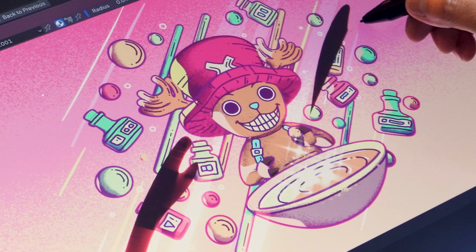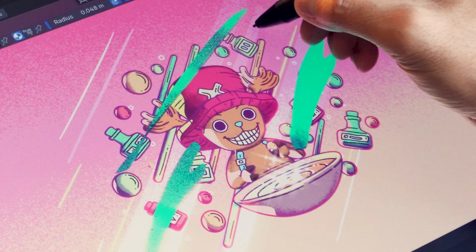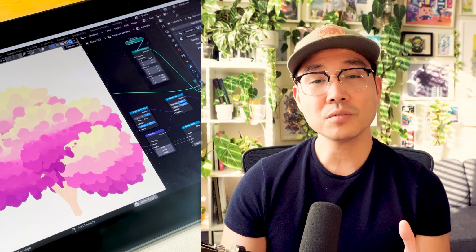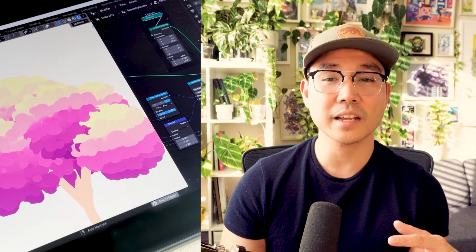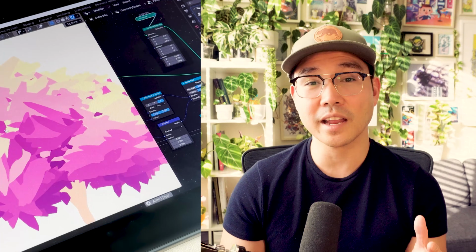Recently, with the release of Blender 4.3, grease pencil has become even more powerful because it now integrates with geometry nodes. If you don't know, geometry nodes is Blender's procedural system that allows you to build and manipulate just about anything using a node-based workflow. This new integration is so awesome because it opens the door to so many possibilities and has significantly changed the